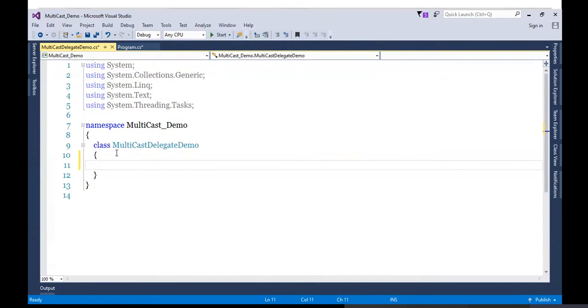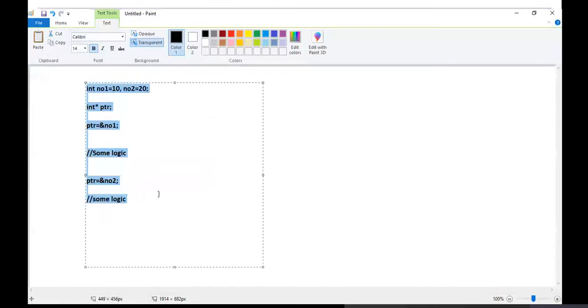Now, do remember here, when you create a delegate reference which will point to multiple methods, compulsorily the return type of each method and the signature of each method need to match the delegate. First point.